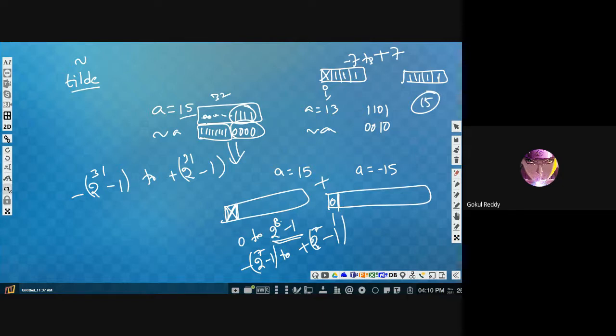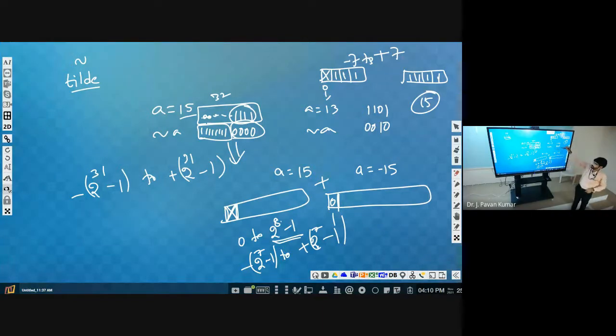So, got it? The tilde operator is used to negate the bits. This you work out and see how the operation will be. A is equal to 15, how is it giving? You give some large value, then negate it, then you will be getting a comparatively small value. Okay, you try to give a negative value, then negate it, and check whether you are getting positive or not. Like that, several experiments you could do on this particular one.